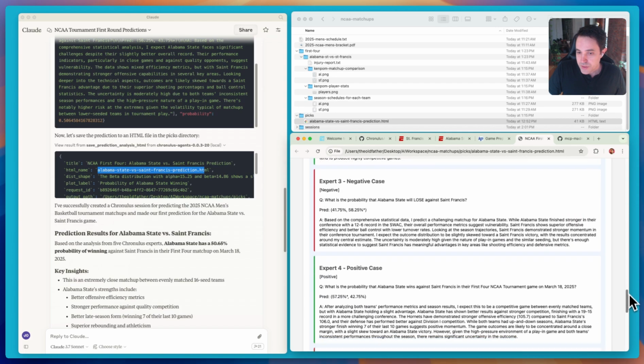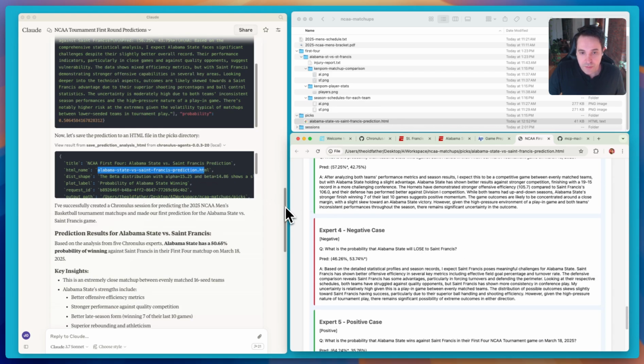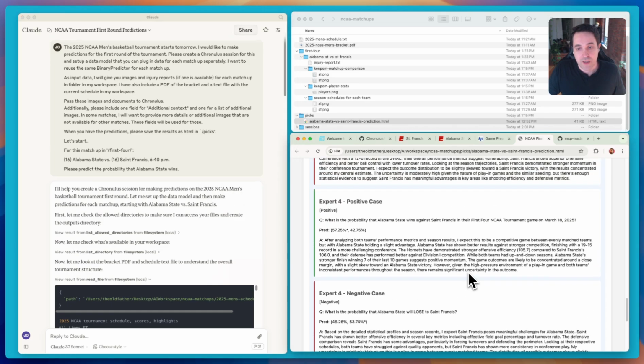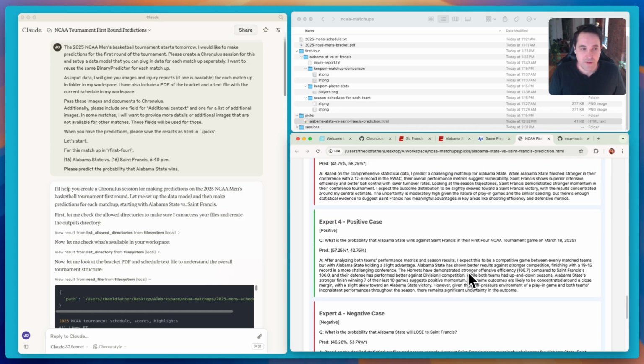So these are the results, and we got all this back just by entering that simple prompt at the top, this prompt here. And we can basically reuse this whole workflow to go through and find all of our picks. In this case, we might have to do some more work, and we could rerun it maybe with some more data. If maybe we're biased ourselves, maybe we have a favorite, we think that Alabama State's going to win or St. Francis is going to win, we can pull in some more context and help it lean one way or the other, or see how it responds to that.